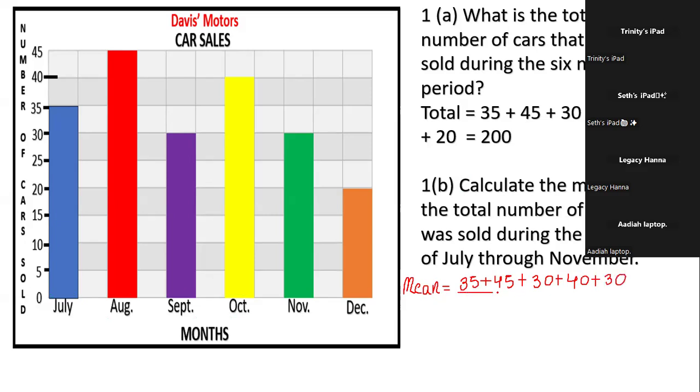Okay, excellent. Then you divide it by 5, right? I got 36 when I divided it. Okay, so the mean is going to be equal to, so what is 35 plus 45 plus, so let's add them. So 35 plus 45